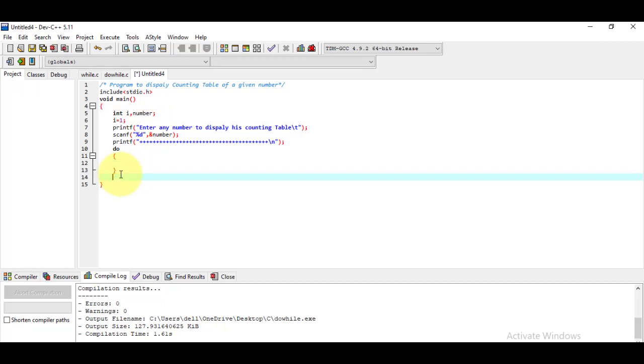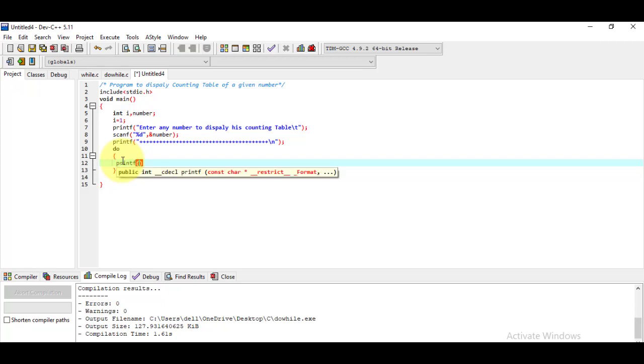You just have to close these brackets. So here what I have to do, I just wanted to first display that number multiplied with I. So I'm writing one line, printf, then here is the curly bracket, then here I would like to first display that number.